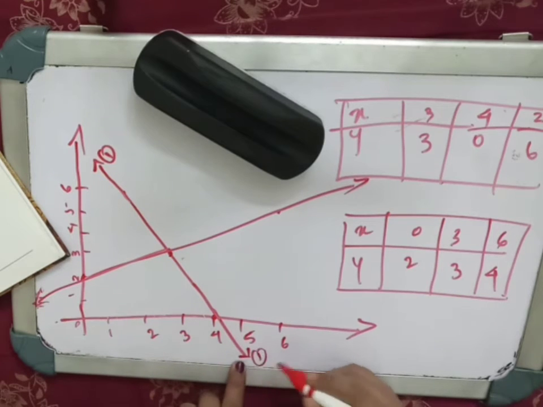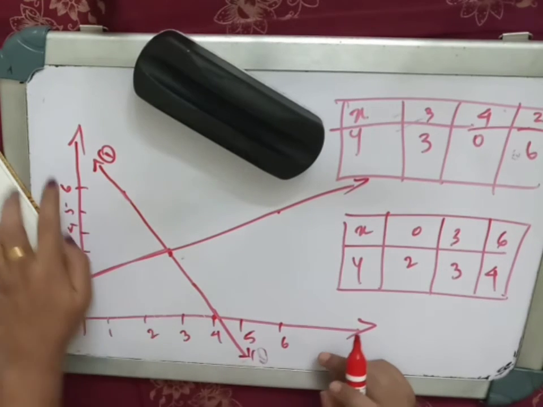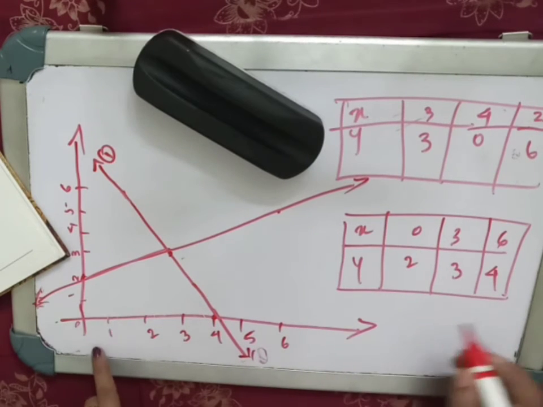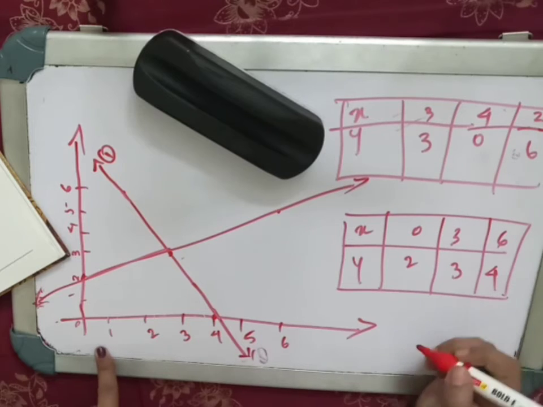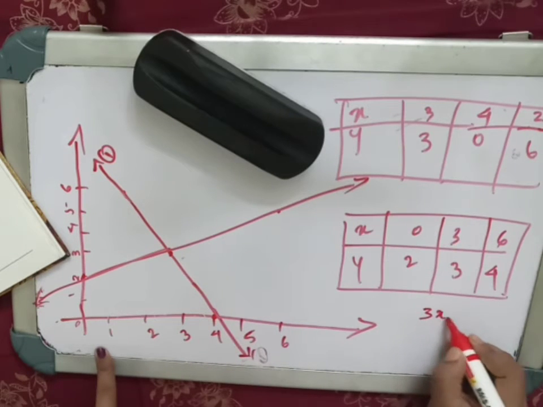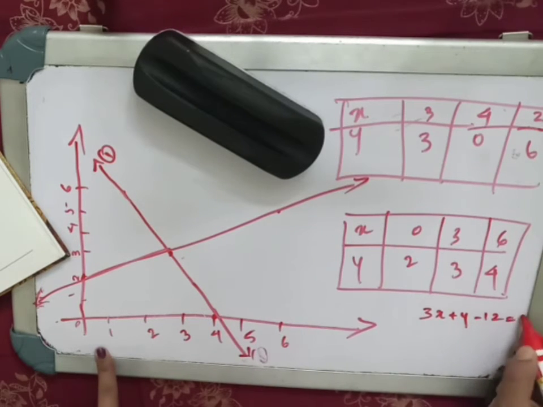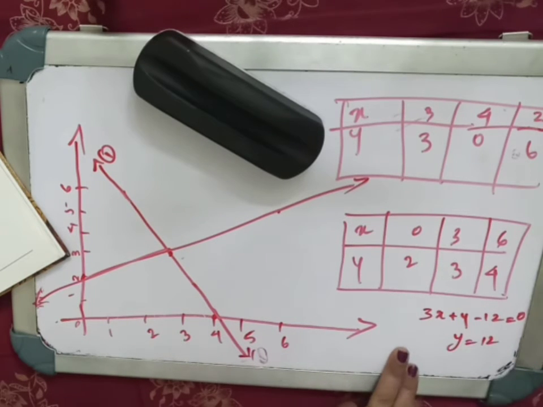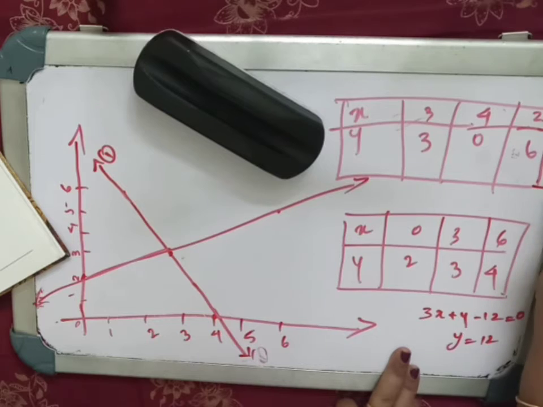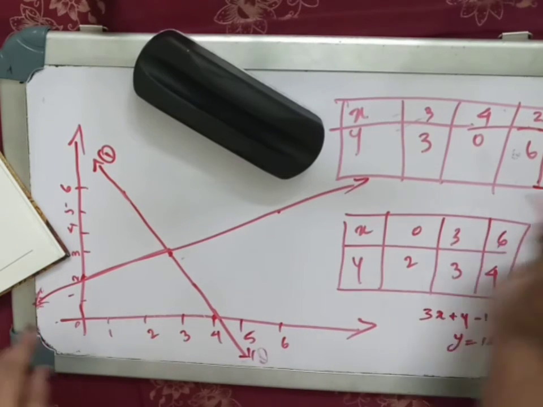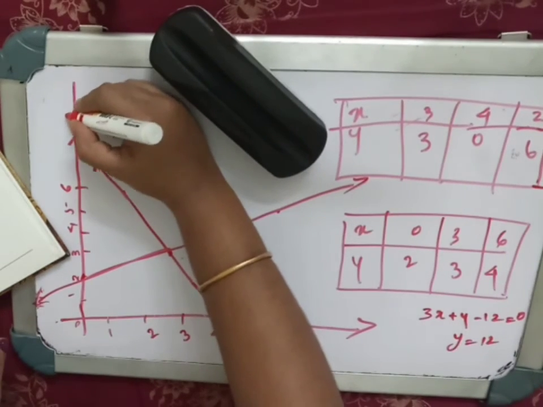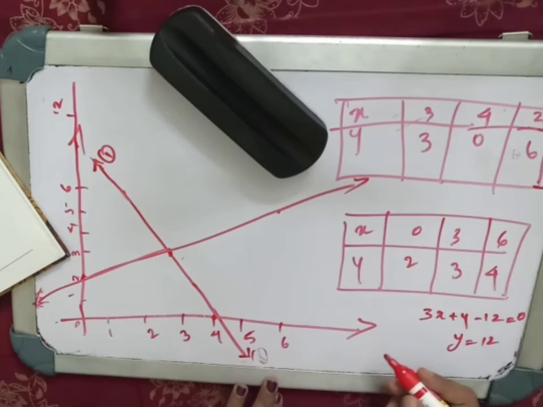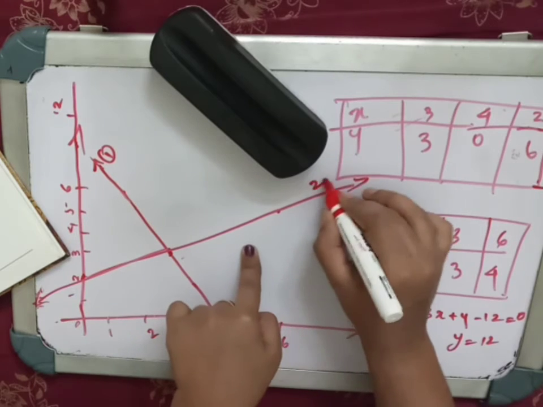So the line that represents the first equation is actually cutting the y-axis at some point. So in order to find that, let us substitute x is equal to 0 for the first equation, 3x plus y minus 12 is equal to 0. So when you substitute x is equal to 0, we get y is equal to 12. So it is actually cutting the y-axis at 12. At that point, 12, this line will be cutting the y-axis, and the line that represents the second equation